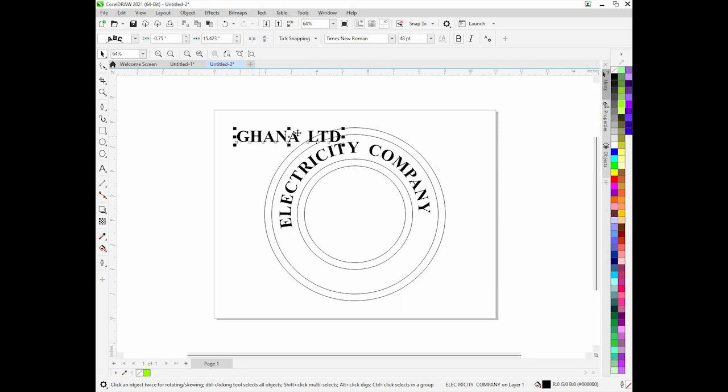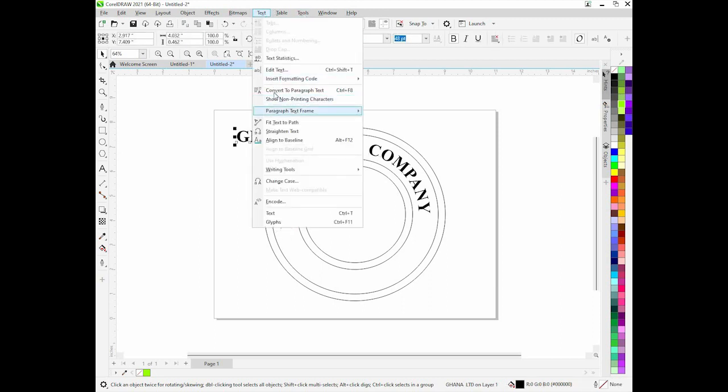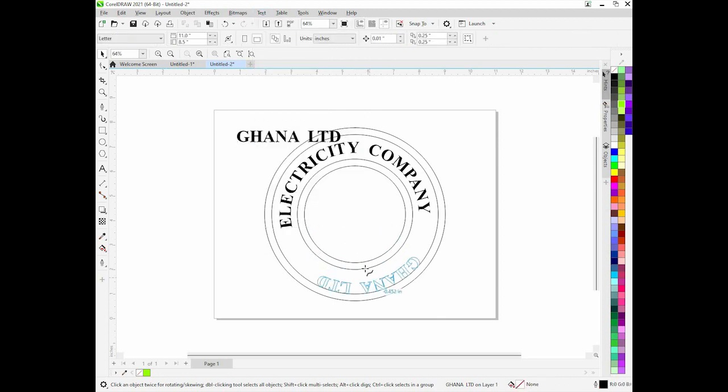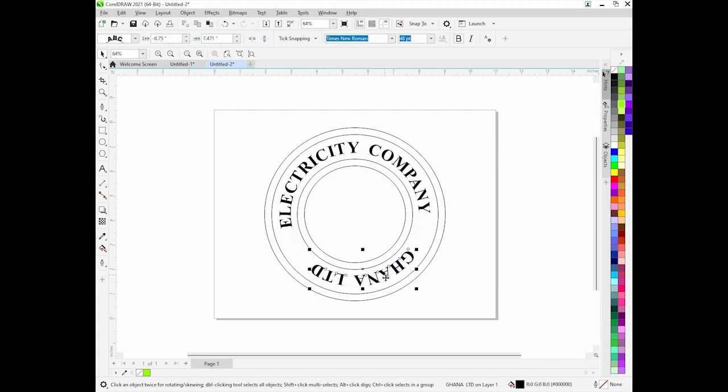Come here, select this one, fit text to path, and then bring it somewhere here. I realize we have a problem over here. The Ghana should be at our left side, not to the right side. So what we are going to do is we are going to use the mirror option to correct this. So click on the mirror vertically and mirror horizontally to fix this, and then let me zoom it a little,